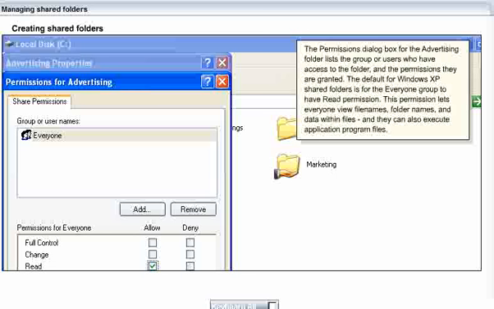The Permissions dialog box for the advertising folder lists the groups or users who have access to the folder and the permissions they are granted. The default for Windows XP shared folders is for the Everyone group to have read permission. This permission lets everyone view file names, folder names, and data within files, and they can also execute application program